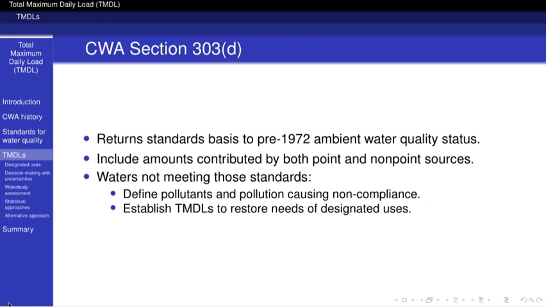Therefore, for each impaired assessment unit, the state must identify the amount by which both point and non-point sources need to be reduced to meet ambient water quality standards. Other degradation factors that do not fit the pollutant definition, such as changes of habitat, flow alteration, channelization, and modification or loss of riparian habitat, may be considered as reasons for not meeting standards.